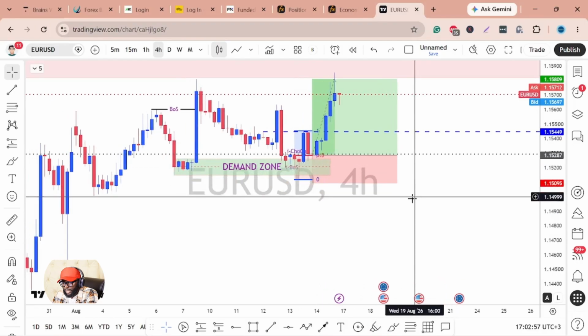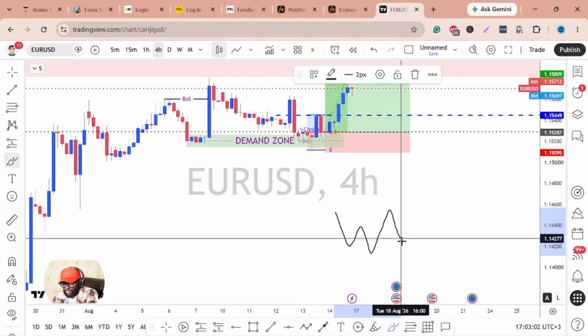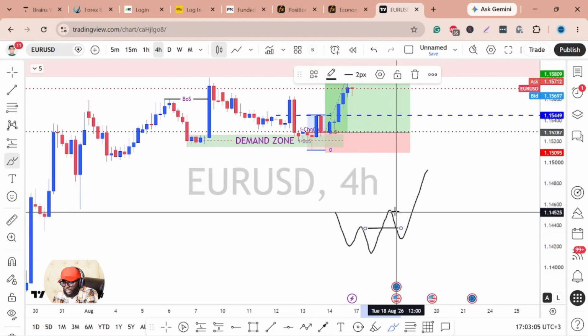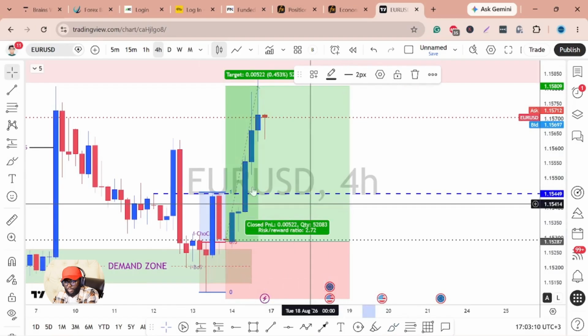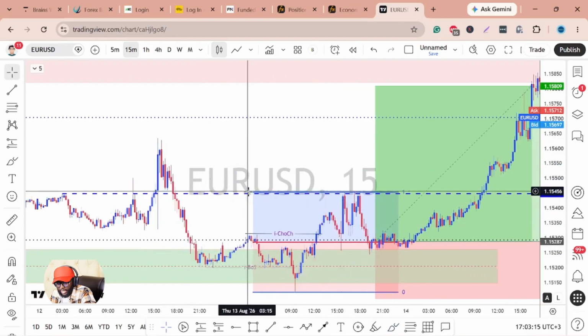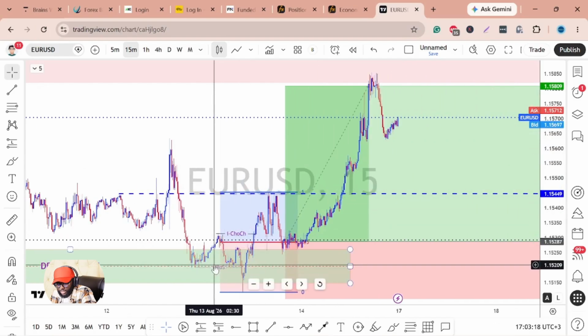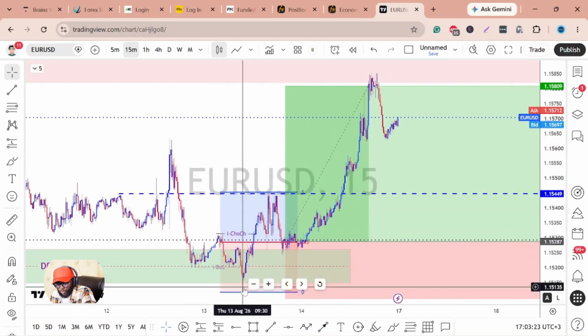change of character, which looks like this. Let me just show you. If price was ready to give us something like this, then I was ready to get into this setup from here to ride the price move higher. That is what I had mentioned in the previous analysis. And truth be told, we had that signature setup on EURUSD. Price did this last break of structure, and we had a change of character.